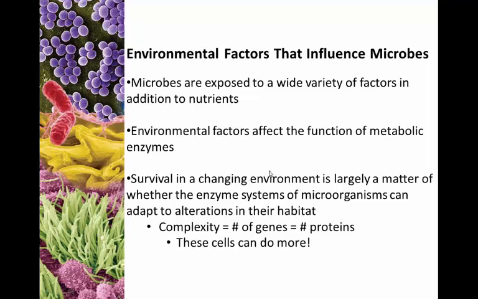Now, I'm not going to talk that much about the enzymatic pathways here, but I am going to talk about complexity of organisms. And one thing I want you to realize is that more complex organisms are going to have more genes for metabolic processes and therefore are going to have a larger number of proteins. Okay, so this is something that is genetic. It's inherent to the organism. Either you have it or you don't, or you have the capability of doing it or you do not. Okay? So complex cells that can switch between environments are actually able to do more metabolically.